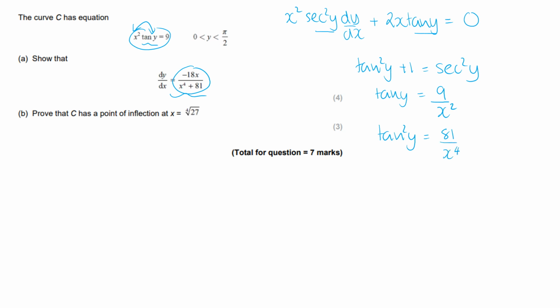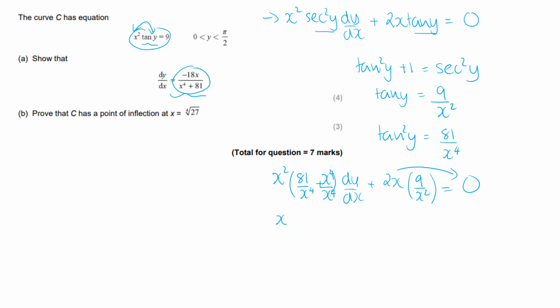So substituting these back into my product rule, I've got x squared sec squared, which is tan squared y plus 1, so that'll be 81 over x to the 4 plus 1, dy by dx, plus 2x times tan y, which is 9 over x squared. Now instead of writing 1 in that bracket, I can just write that as x to the 4 over x to the 4. And then if I put equal to 0, I can take that term over to the